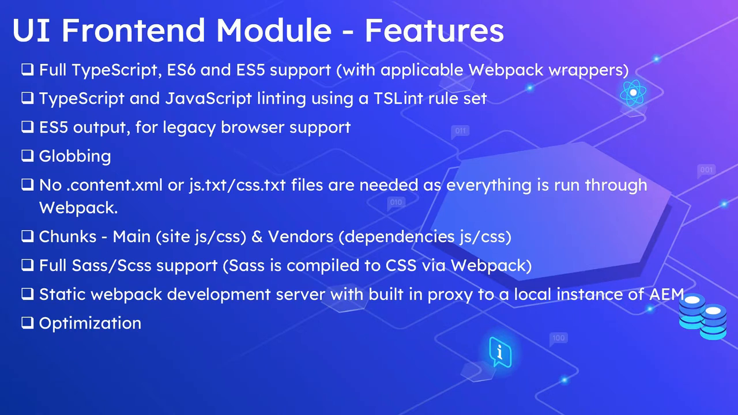Let us now see some of the features enabled with the UI front-end module. The first one is full TypeScript ES6 and ES5 support through Webpack wrappers. You can code in the latest standards. Webpack takes care of different browser support. The next one is TypeScript and JavaScript linting using a TSLint rule set, meaning this will check for code quality. Then ES5 output for legacy browser support. The next one is globbing: no manual imports required, components are automatically included. The next one is that the client library related files, for example .content.xml or js.txt, css.txt, or the preprocessor configurations,